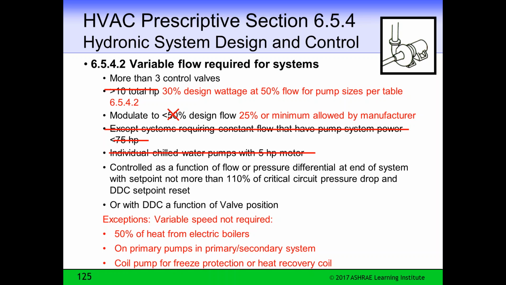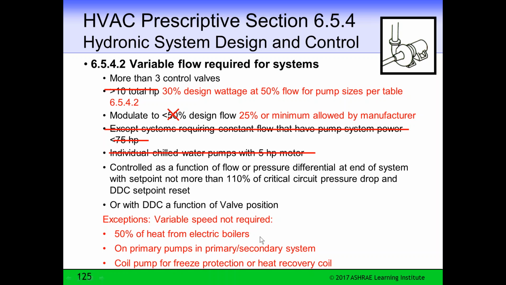Now, the valve position would normally, when the valve's full open, actually go and change the set point on that critical circuit pressure drop at the end of the run. That way you can dampen out the reactions, because if you're just tracking the valves, it's very difficult on your control system. But if you're changing that set point, and that set point is controlling the pump, and you have some function there to kind of dampen it out in your control sequence, then you can get a very quality control system.